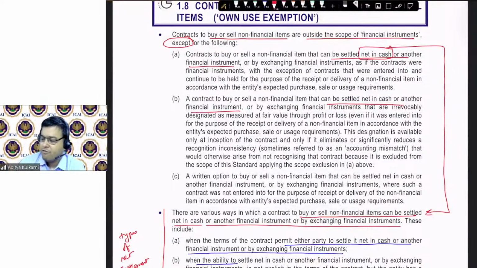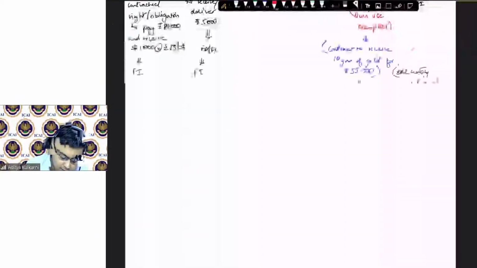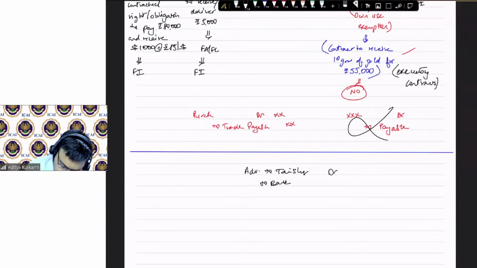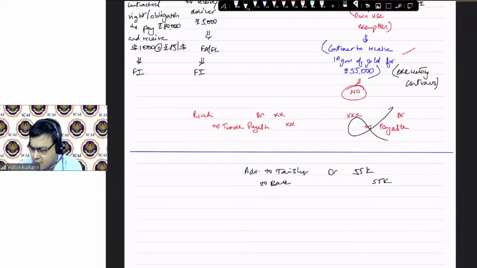If we pay cash before we get the gold, what will be the impact? That means you want to say you pay it in advance. So what will be the impact? Just imagine with journal entries, it will be very simple. You are paying advance to Tanishq: debit advance, 55,000. Now, money has gone out of your bank, so the bank account will be credited. Bank account anyways is a financial asset.